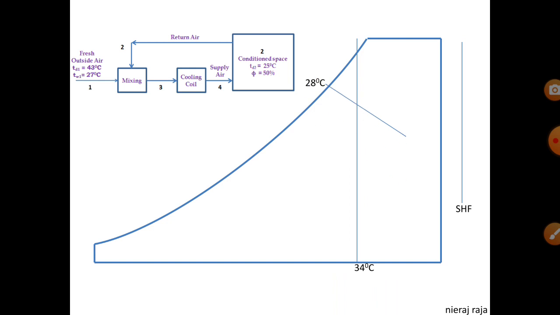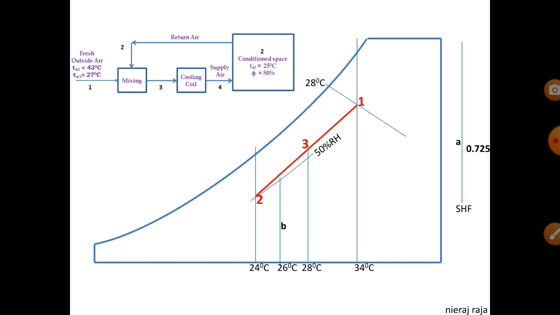Okay, 34 DBT, 28 WBT, that is point 1. 24 degrees Celsius DBT and 50% RH, that is point 2. Join this, represent point number 3, locate point A and point B, parallel to this line AB, draw one line through point number 2 till it reaches saturation curve, that is 2 to 5, and then you will calculate the TD4 and TD6 temperature by using the formula of bypass factor and